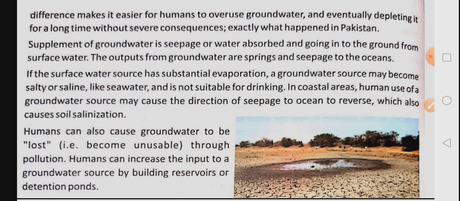Sometimes water under the ground becomes just too much. There is too much water under the ground. So what happens? This water comes out of the surface of the earth in the form of springs. If you visit the mountain areas, you will see springs or water coming out of the mountains. Where is that water coming out from? That water is actually the underground water, and it is coming out of the earth's surface. Why? Because now there is too much water under the ground, so it starts coming out automatically by itself.